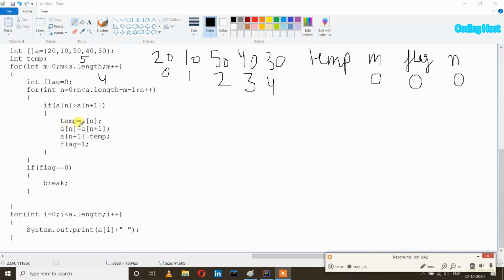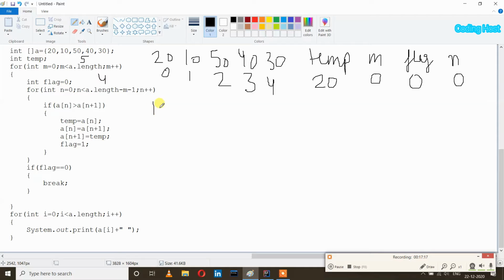it will execute these statements. So temp equal to a of n. So in the temp variable we will store this element. So now in the temp variable we have 20, and after that a of n equal to a of n plus 1. So now at index 0 we will assign the element at index n plus 1. So at index 1 the element is 10 and we will store it at index 0.